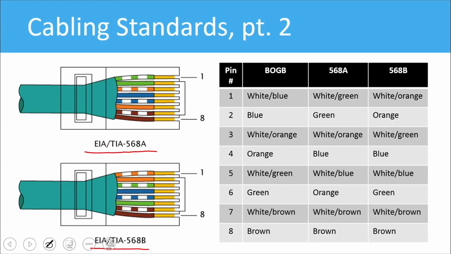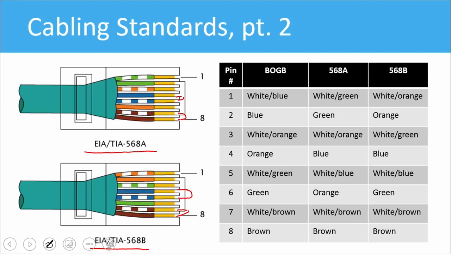568A follows a very specific pattern where you have the white and green, then white and orange, then solid blue, then white and blue, and then solid orange, and then the white and brown, and then brown. And then B is a little bit different here, okay? What you're gonna see is that the blue cables are in the same position, and then the brown cables are in the same position, right? So the blue occupy pin,